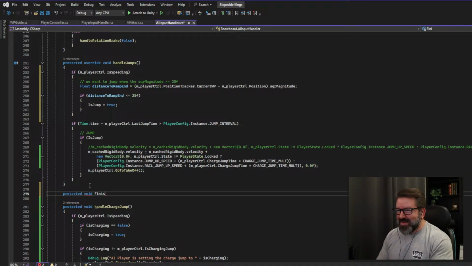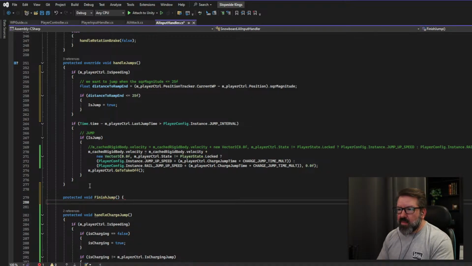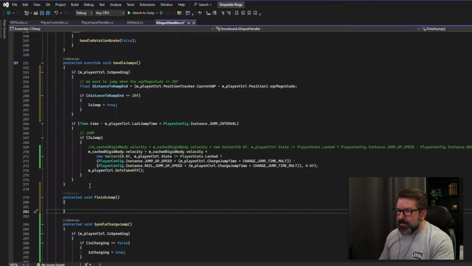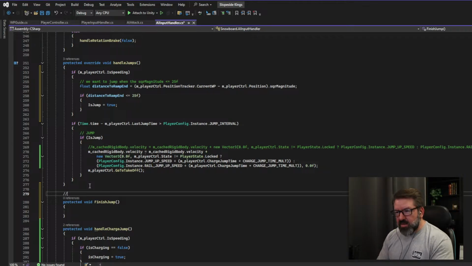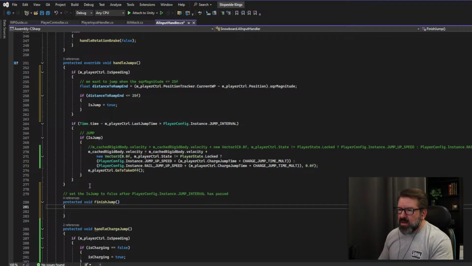Let's say finish jump. Yeah, finish jump. I'm gonna have to change this up a little bit, but let me put a quick comment here. Set the is jump false after jump interval, so this actually needs to be